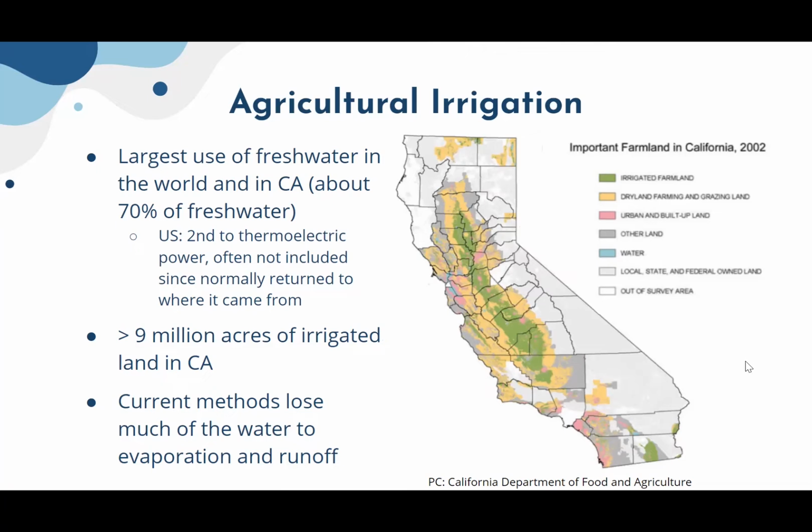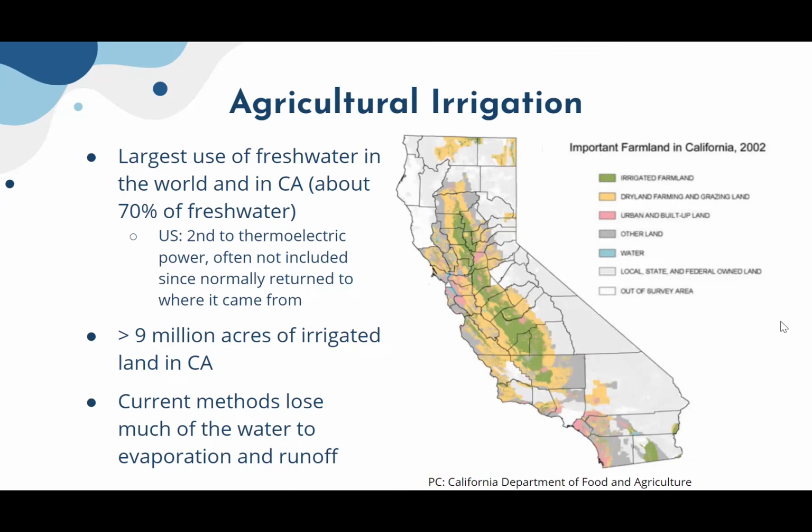We do a lot of farming here. And over 9 million acres of our land in California is irrigated. So that uses a lot of water, as you can imagine. And sadly, a lot of our current methods of irrigation lose a lot of the water that we use to evaporation and runoff. So we'll talk a little bit about some different irrigation methods now, but before we get into them,